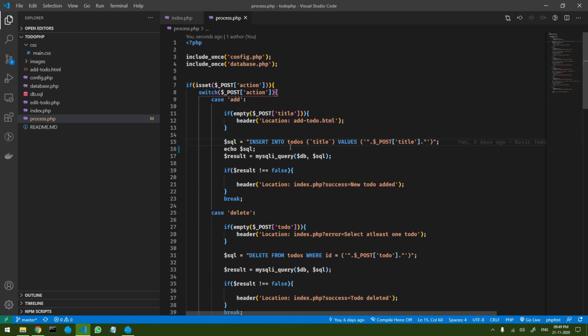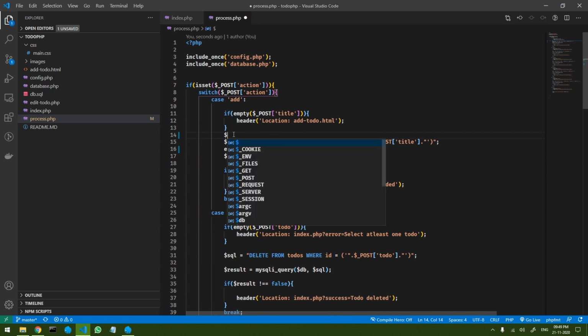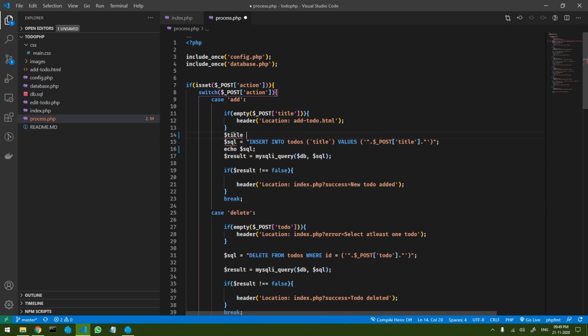Now to solve this, there are many ways. One of the simplest ways is to use an inbuilt MySQL function. Let me show you how to use that. Let's save the title inside a variable called title.